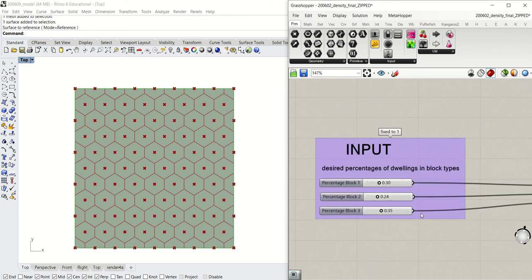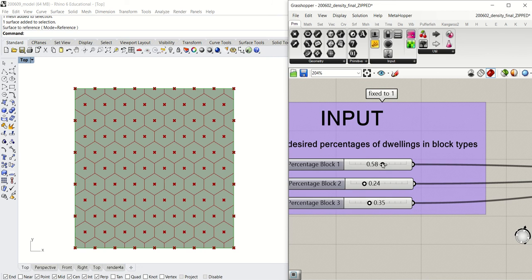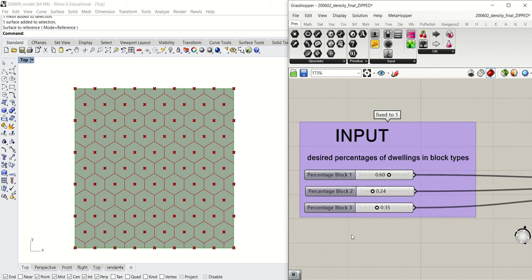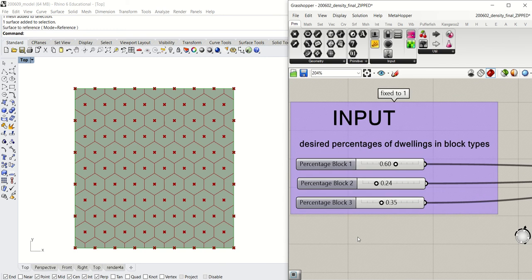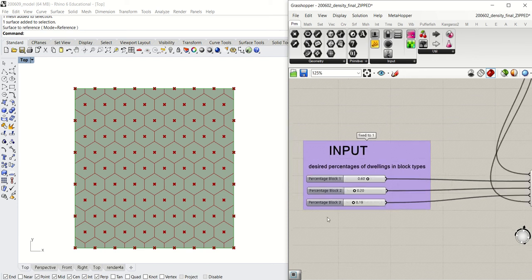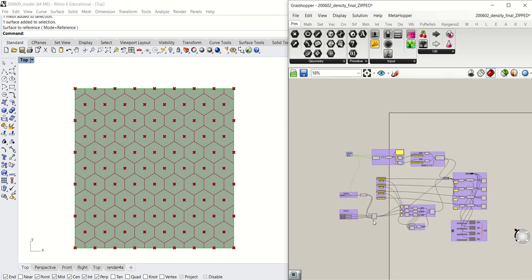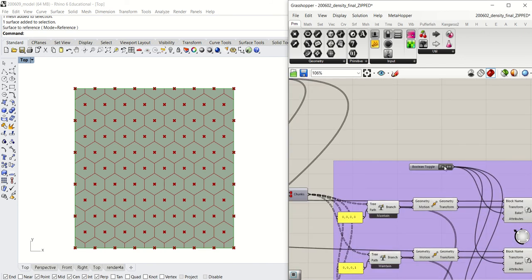So the numbers in these sliders are kind of indicative percentages, which will even out to 100%. So they're not mathematically specific, these figures, but they can give you a general idea of the ratio between these three types of dwellings, and they represent the number of individual dwellings, which is then calculated into each block size. So let's say that we've done some research in the area and most people want their own backyard, so we'll provide a higher ratio of lower density dwellings. So next we just hit this button